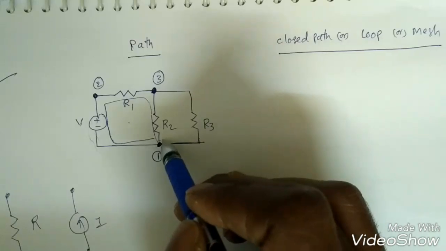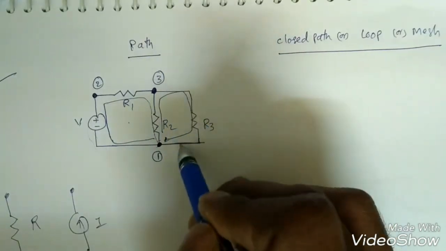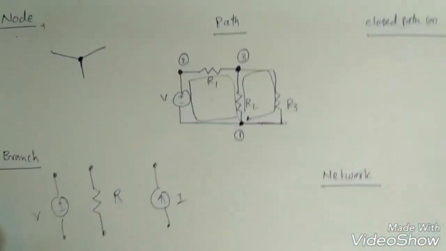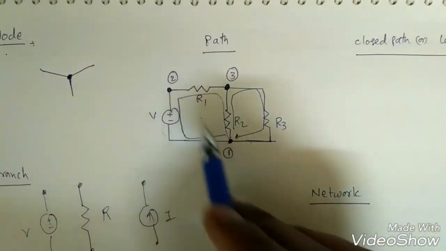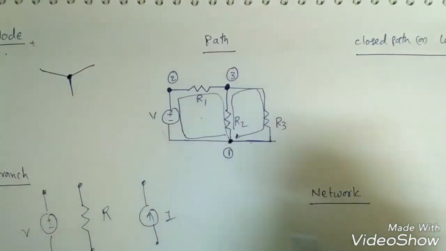Similarly, if I start from here, I will end again with A here only. So this is one loop or mesh, right? Now similarly, I already discussed what is a branch. A branch is between two nodes. If I start here and end here, between two nodes one element is there, so that is called a